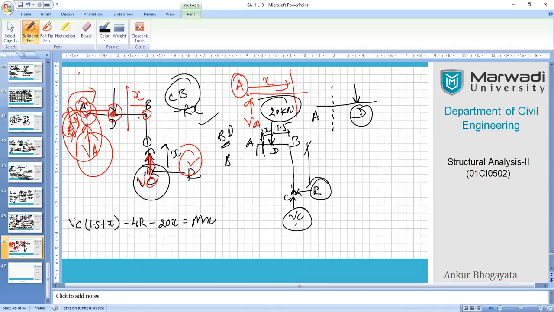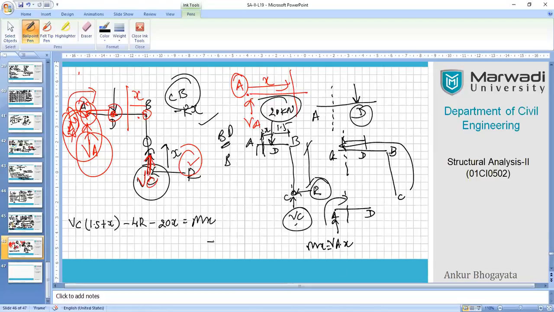If you continue from C, D, sorry, B, D, and A like this, it will be a kind of tedious or longer equation to manage. So that's why we changed it in terms of A to D, where you just need to take VA into X as a distance. That becomes your MX general form for this moment. So that becomes negative.